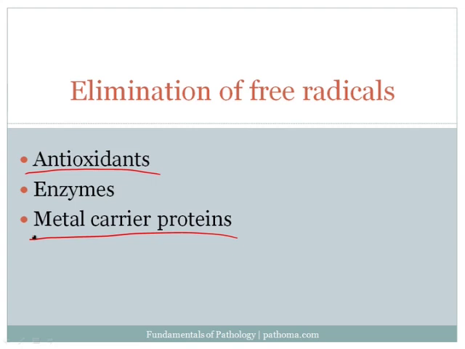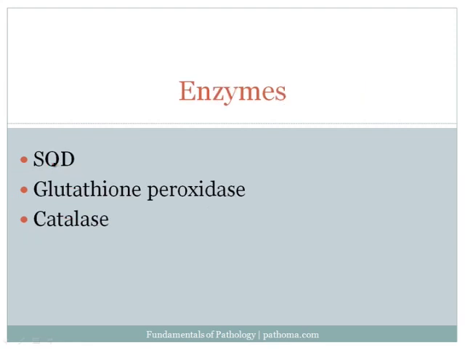The third category of substances that can eliminate free radicals are enzymes. The reason I take on this category last is because there's a little detail here from biochemistry that examiners expect you to be familiar with. So let's briefly talk about the enzymes. There are three major enzymes, each of them relatively high yield, that are important for the elimination of free radicals. The easy way for me, at least, to remember these is to go back and create that same biochemical paradigm that I highlighted earlier,